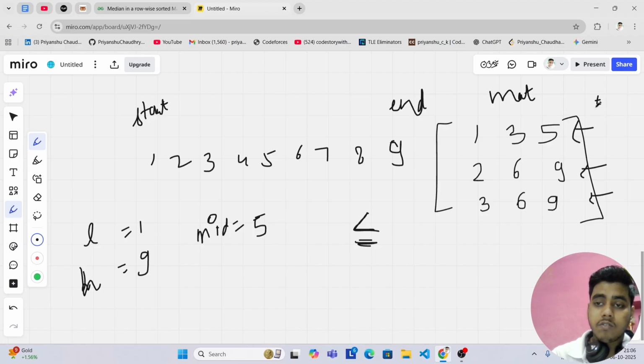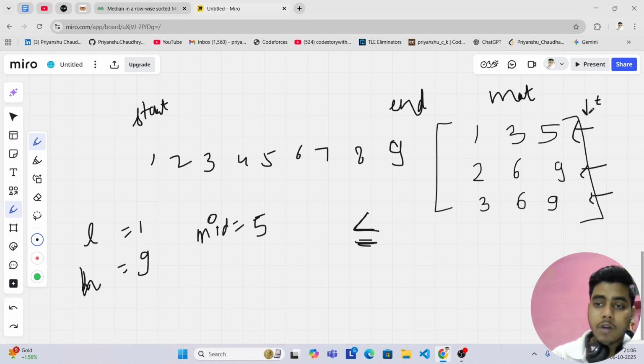All right, so upper bound will give the index of the element that is greater than target. So if I go to every row and find the index of the element that is greater than 5,